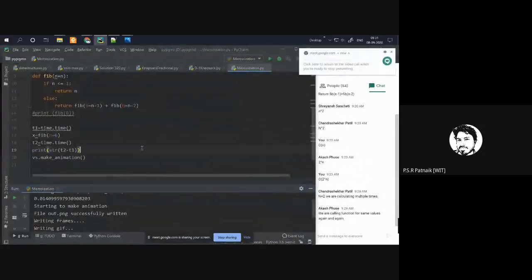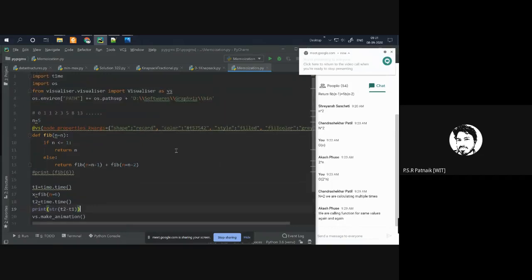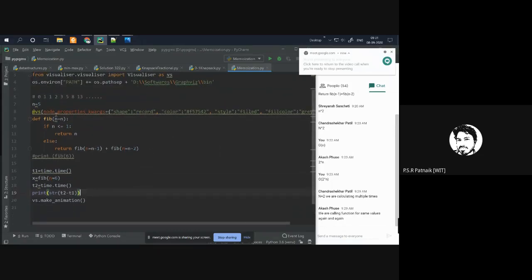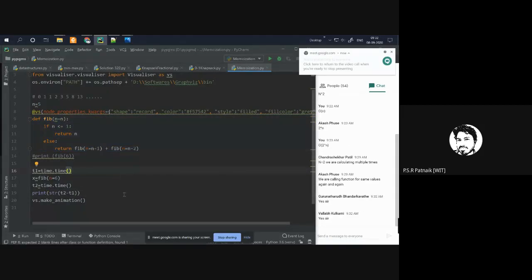Okay. So have you understood? Before I move further, I want to make sure whether you understood this or not. Have you understood what we are trying to solve? What is the major problem in this recursive code? The code is fine, it looks fine, but it is taking a lot of time. I want to minimize that. Okay. So now how do I minimize?